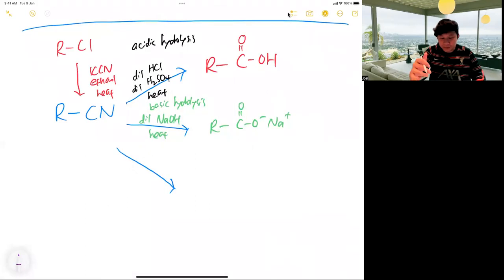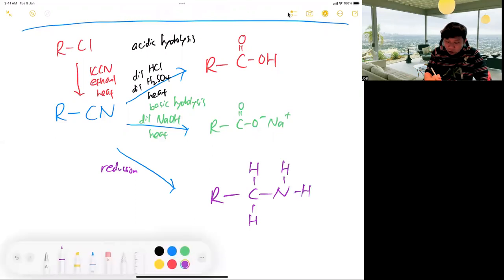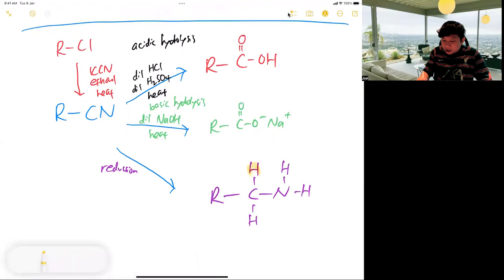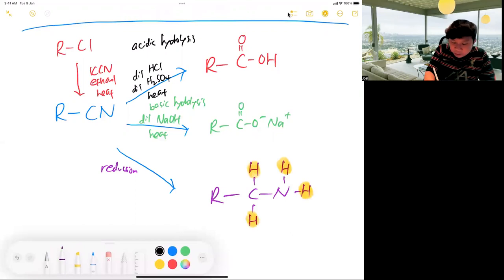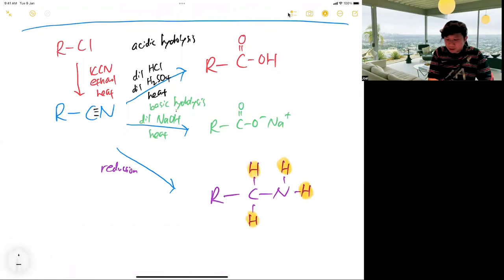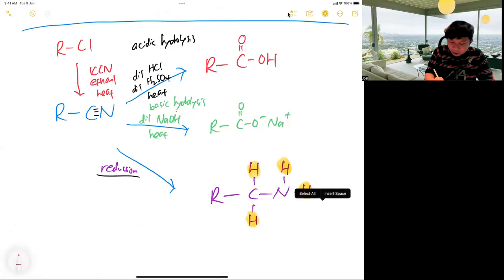The last part is called reduction. After you reduce this, I'm adding 4 H's. Can you see or not? This is new, this is new, this is new, this is new. This is how I can teach you a little bit, because the original is actually a triple bond, just like that. Once you have the impression that I'm adding 4 H's, I don't know if it helps your brain, but anyway,